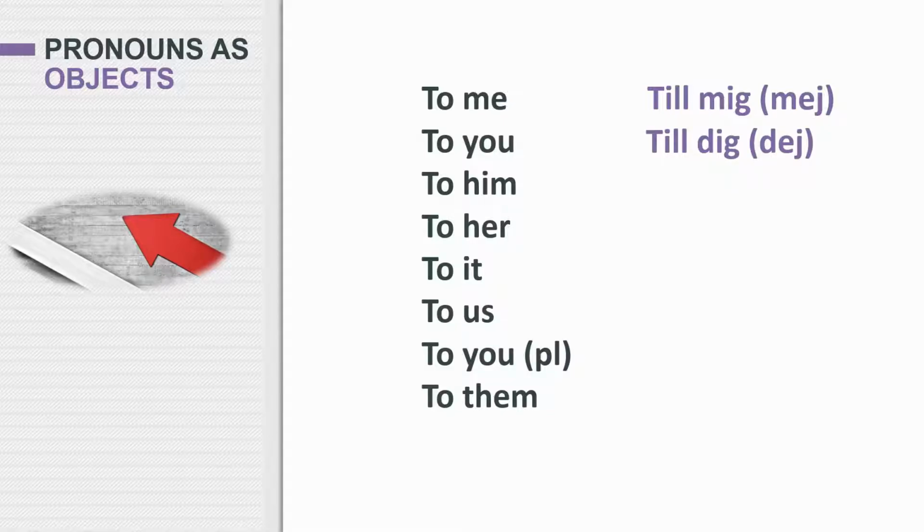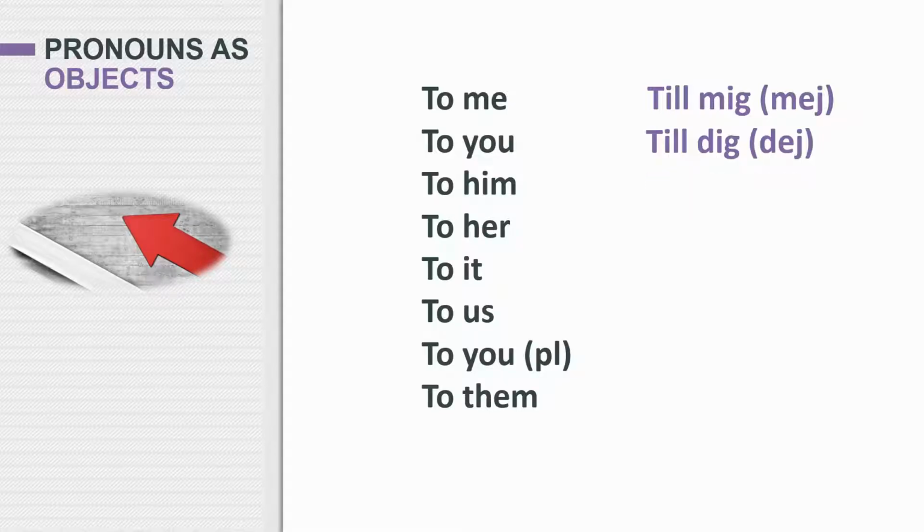So to you, because now we're talking about the pronoun as an object in the end. Unfortunately, or I suppose fortunately, depending on how you look at it, in English it's the same. You say you when you want to start the sentence, like you give it to him. So the you for the beginning, when you're talking about the pronoun as a subject, you would say du in Swedish. However, if you want to talk about it as an object at the end of the sentence, to him, for him, then you have to say dig, to you, till dig.